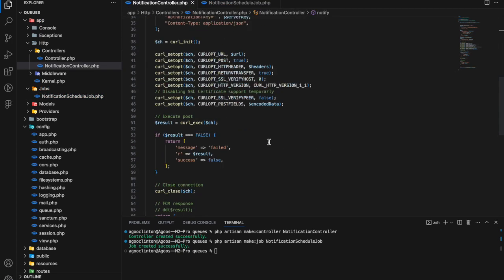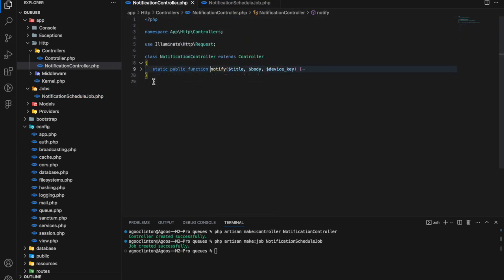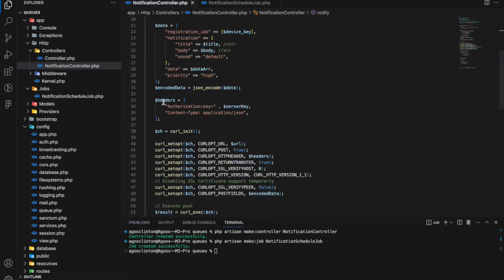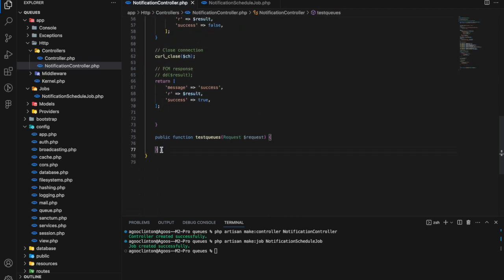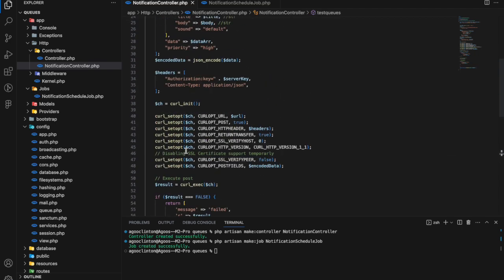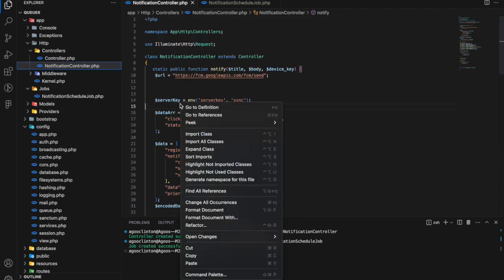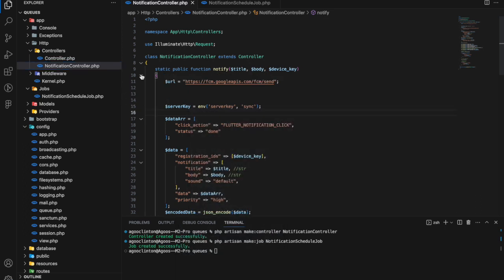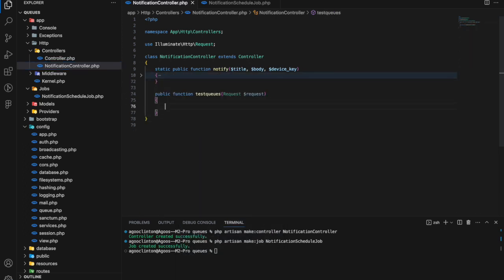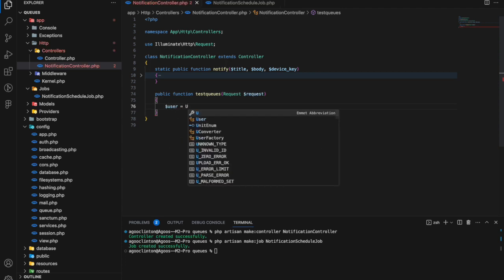Now, in our notification controller, let's create the test notify here. Format it a little bit, so yeah, something like that. Here, what we're going to have is users. We haven't created the migration, so we are going to create users where